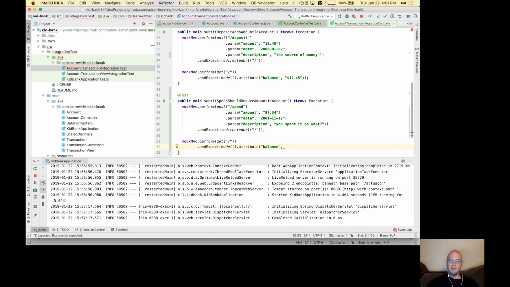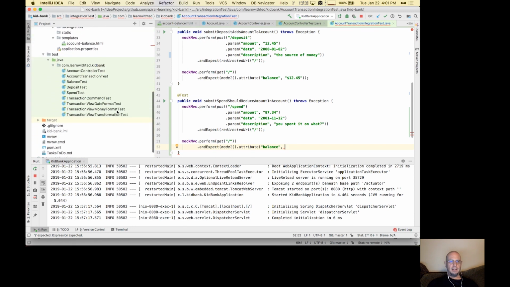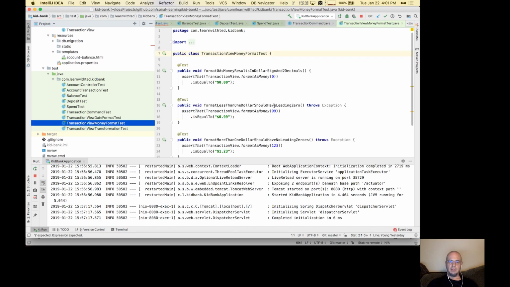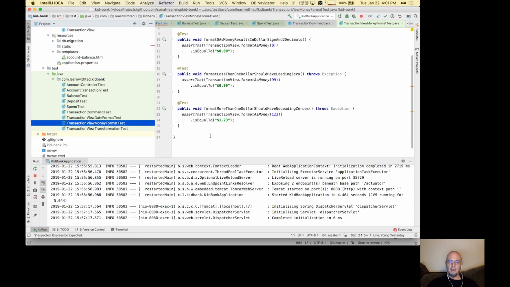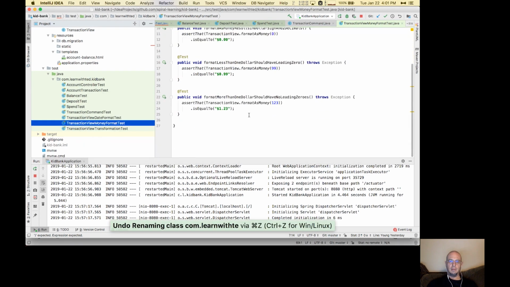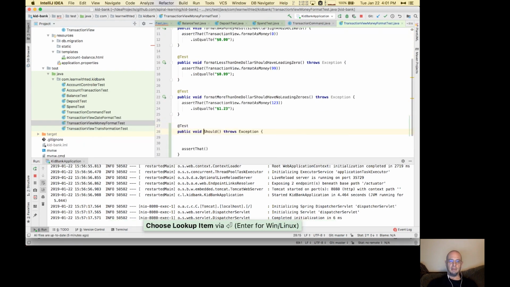now actually I don't know how it would be displayed if it's negative. That's an interesting question because I don't think I have a test for that. My balance test, I have a formatting test, transaction view money format test. I don't know. I don't know what it looks like. Let's write a test for it. So